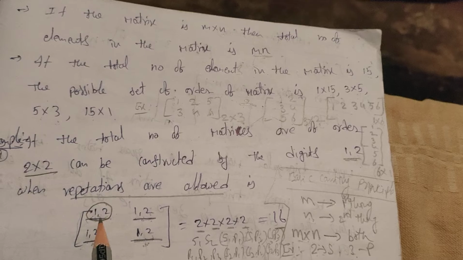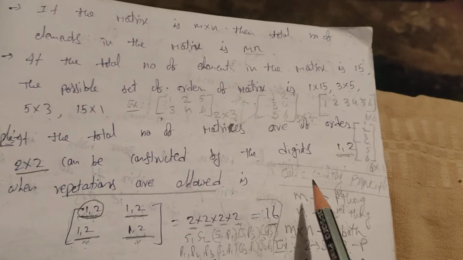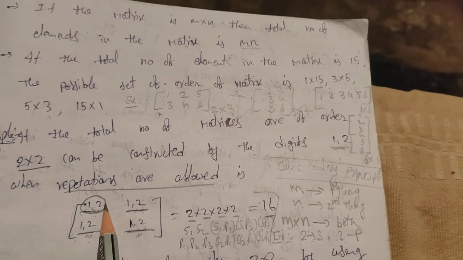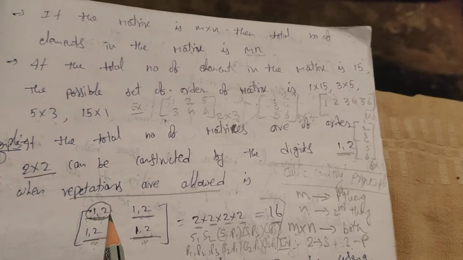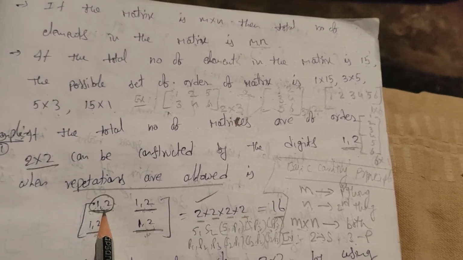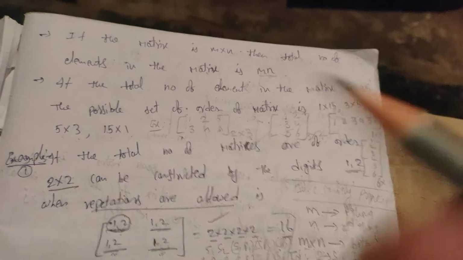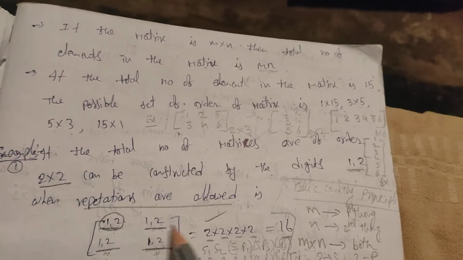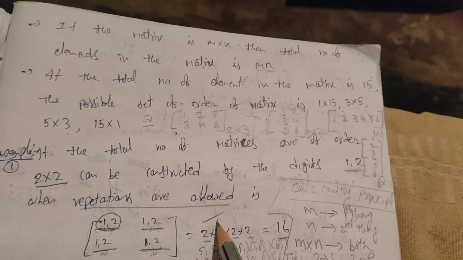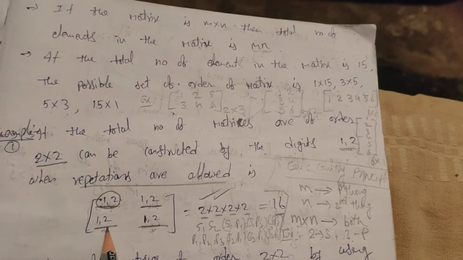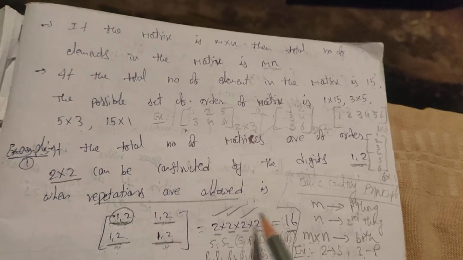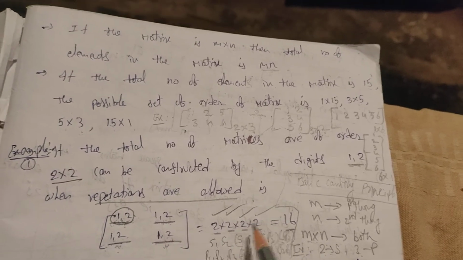First, you are going to complete the first part. With 2 digits, how many ways can we fill this one? Either with 1 or 2. How many possibilities? 2 possibilities. So for the first subwork we have 2 possibilities. Next, go to the second subwork. Repetitions are allowed. If you use one number here, the same number you can use here also. So for the second blank place also we have 2 possibilities. Next, the third subwork, third blank place, again 2 possibilities. For the fourth one also, again 2 possibilities.